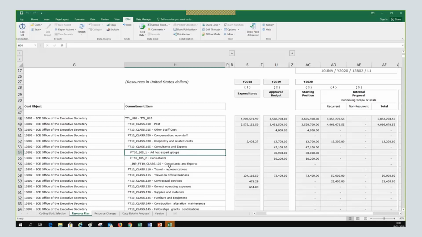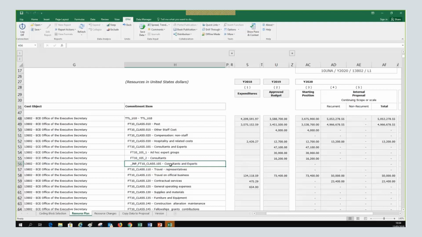And please, very important, you see this other line here that says IMP FT10 class 105. This is not part of the breakdown. This is only an entry that allows entering directly on the class, but we are not going to use it.